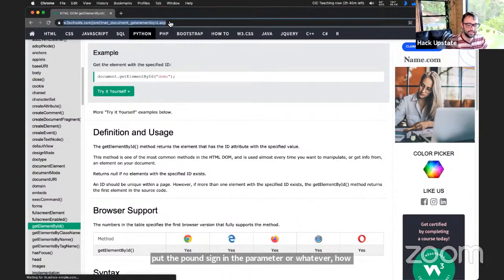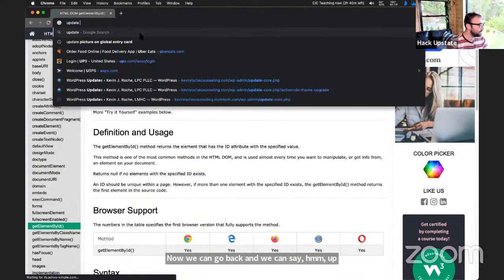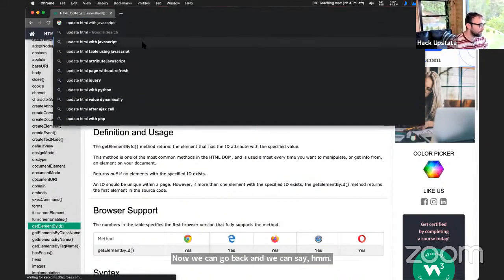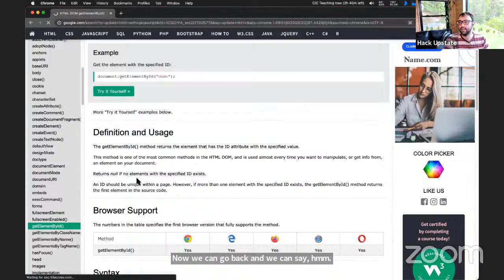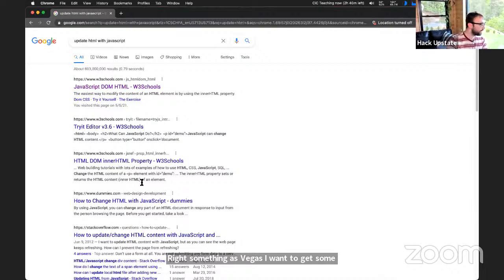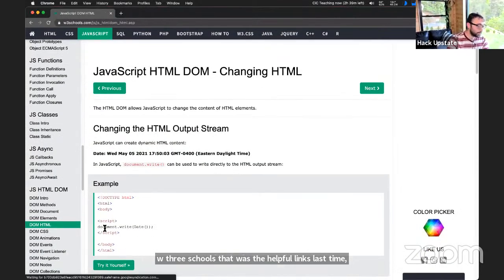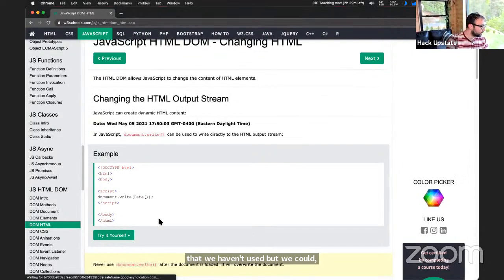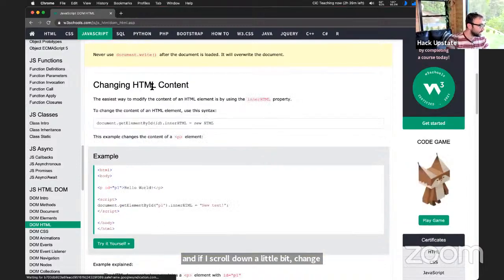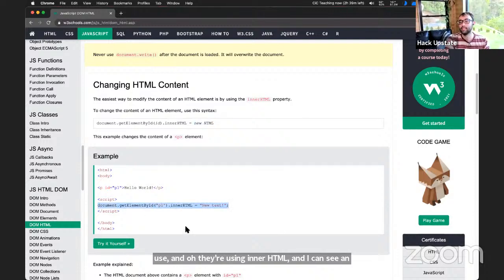Now we can go back and we can say, update HTML with JavaScript. Right? Something as vague as, I want to get something to show up in my HTML. How do I do that? And right at the top, W3Schools. That was a helpful link last time. Changing HTML. document.write. There's something that we haven't used, but we could. And if I scroll down a little bit, changing HTML content. Oh, here's this document.getElementById that we used. And oh, they're using innerHTML, and I can see an example of that as well. And so, looking things up,